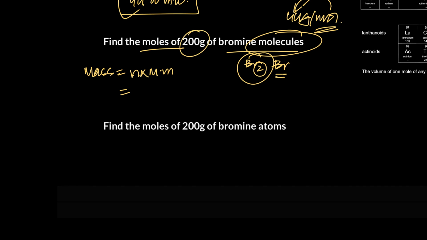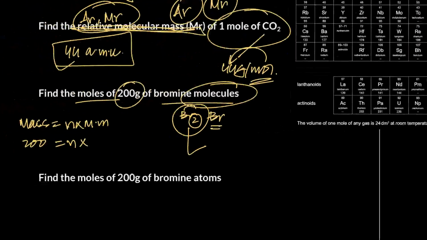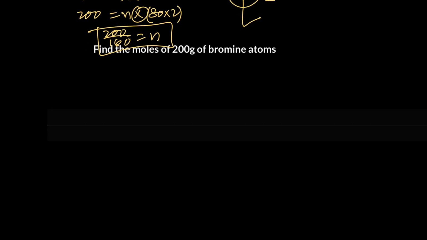सो फाइंड द मोल्स, मोल्स निकालें, मास इक्वल मोल टाइम्स मोलर मास। मोल्स फाइंड करें, मास गिवन है 200 ग्राम। मोलर मास कितना है, Br2, Br पीरियोडिक टेबल में 80 है, तो Br2 क्या है, 80 टाइम्स 2, तो 200 डिवाइड, इधर मल्टीप्लाई हो रहा है, लेफ्ट पे डिवाइड हो जाएगा, यही पढ़ाते हैं मैट्रिक में, कैलकुलेट कर दीजिएगा। फाइंड द मोल्स ऑफ 200 ग्राम्स ऑफ ब्रोमीन एटम्स।